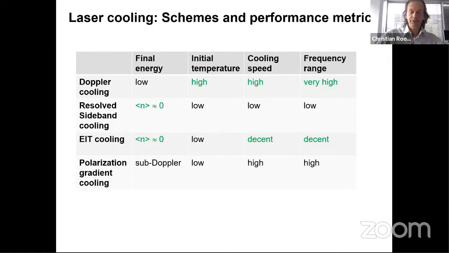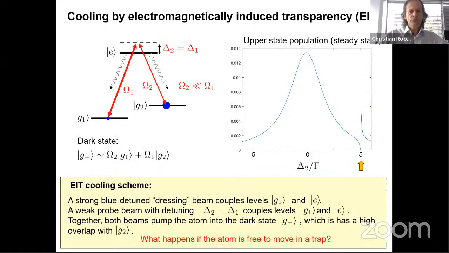And finally, as a complementary scheme, there's polarization gradient cooling, which provides you with sub-Doppler cooling. It works like the other sub-Doppler cooling schemes only if the initial temperature is not too high, but it has a very high cooling speed, and also the frequency range over which you can cool modes simultaneously is quite large. And for this reason, I would like to spend a bit of time on EIT cooling and also on polarization gradient cooling now. So for EIT cooling, you need a 3-level system,